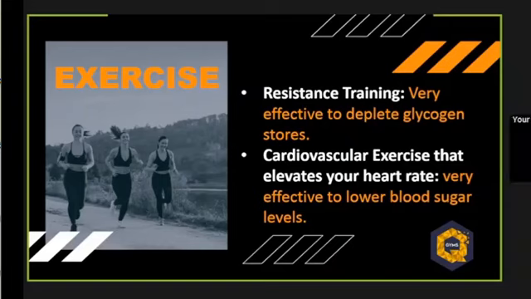So another way to keep our blood sugar levels in check is to do cardiovascular exercise, walking at an ample speed of 3 to 4 kilometers per hour. It could be riding a bicycle. It could be going for a jog. It could be in a place or weather that allows you to do so. So that is also very important.